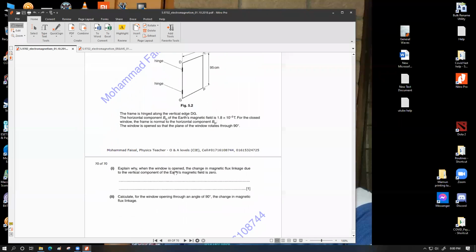Now the question says, explain why when the window is open, the change in magnetic flux linkage due to the vertical component of the Earth's magnetic field is 0. So the change in magnetic flux linkage due to the vertical component of Earth's magnetic field is 0. The vertical component of the Earth's magnetic field